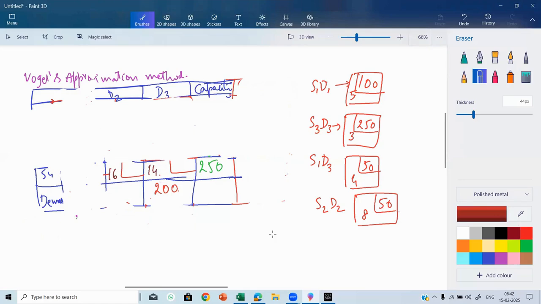S4 D2, here it is actually 50. So S4 D2 is asking 50 and S4 D3 is asking 200. You have 250. So give whoever asked what they asked for, 50 and 200. Now my allocations are